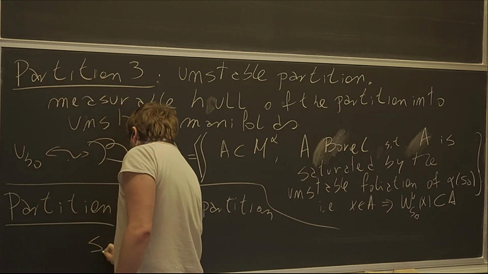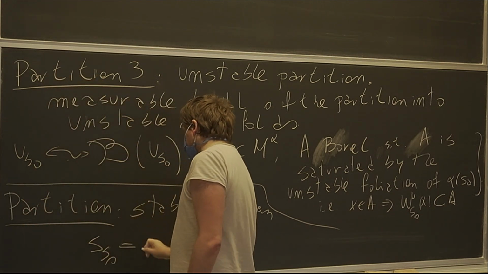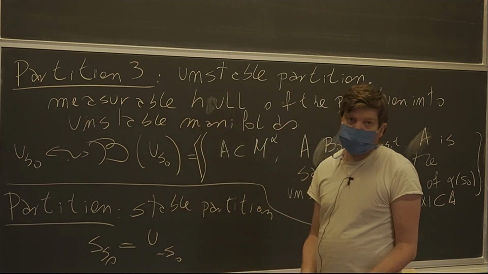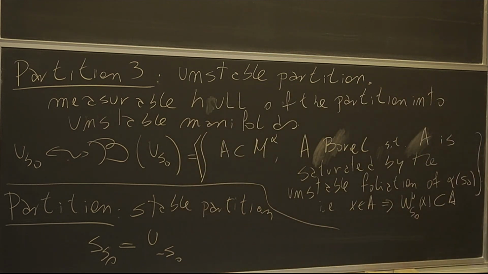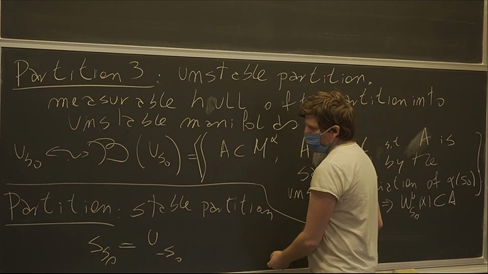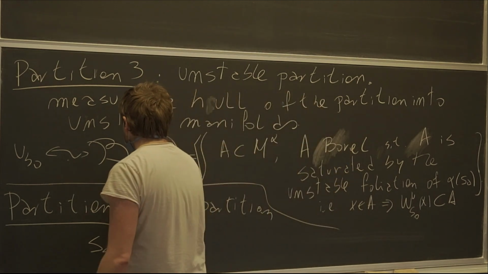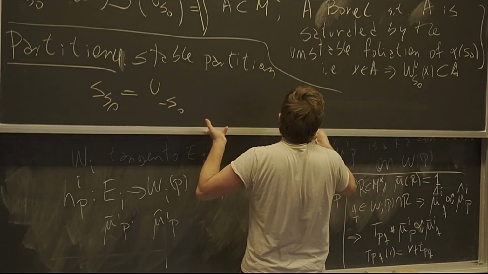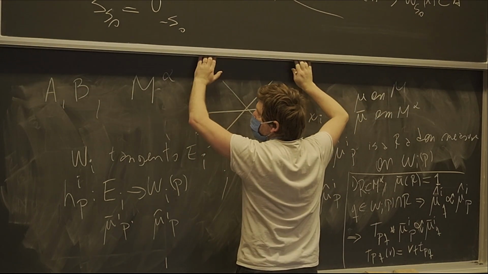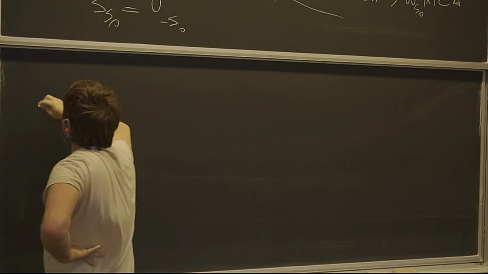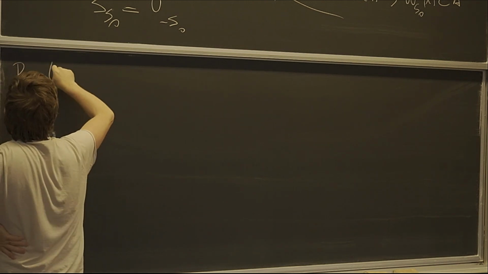And the stable partition is actually, by definition, the unstable for minus S naught, the same way that the stable foliation is the unstable for minus S naught. So this is partition 4. And then partition 5 is the last one, which is pretty much the same as the sub-partition, but